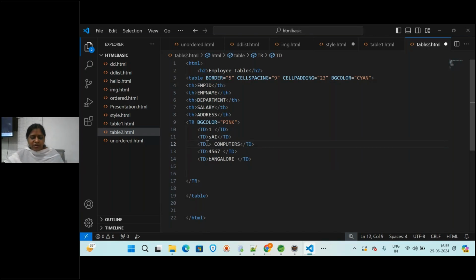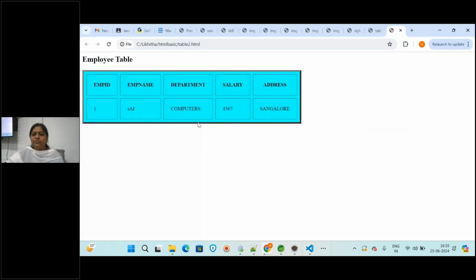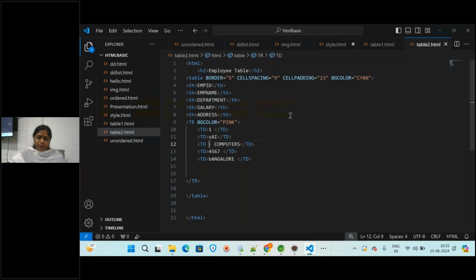Okay, so all these we will see again in the next session. We will see in detail how many attributes you can provide. See here, you are getting one color for this row, and again for the td, if you want, you can provide the background color for this particular column, let us say green.